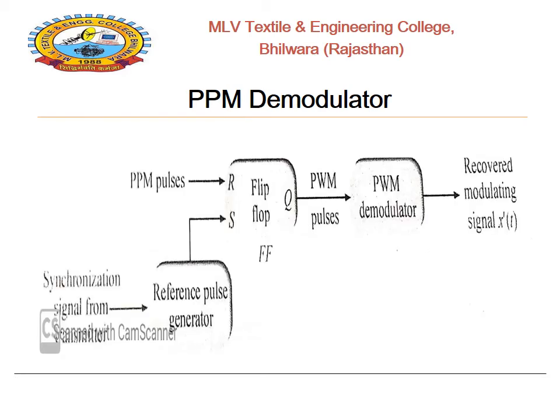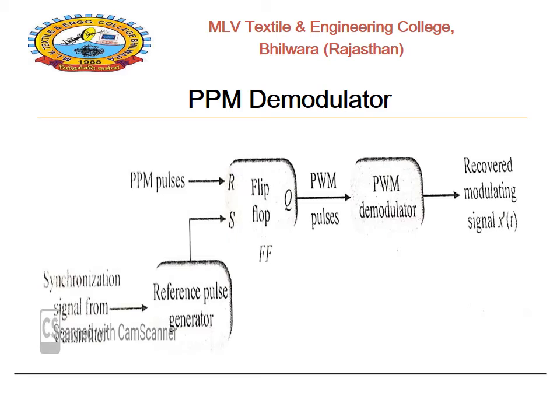The next slide will represent the PPM demodulator. There is an arrangement having different sections. First is the RS flip-flop, then the reference pulse generator, the PWM demodulator, and finally the recovered modulating signal. In this arrangement,